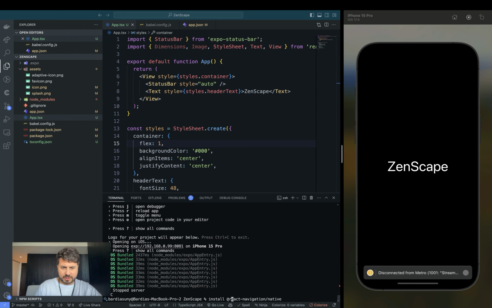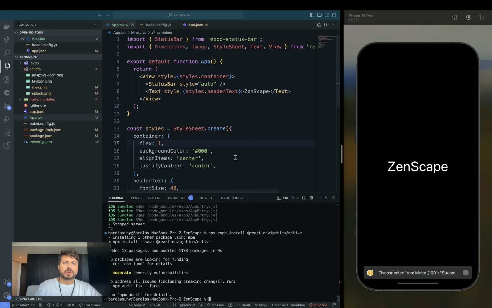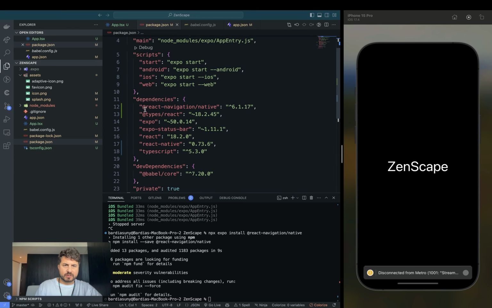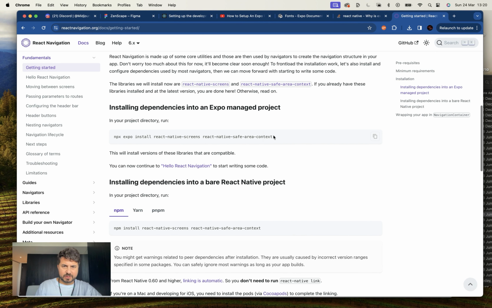I'll go here with npx expo install this. Amazing. This is installed. Okay, so this needs two other dependencies basically. If you see these two,